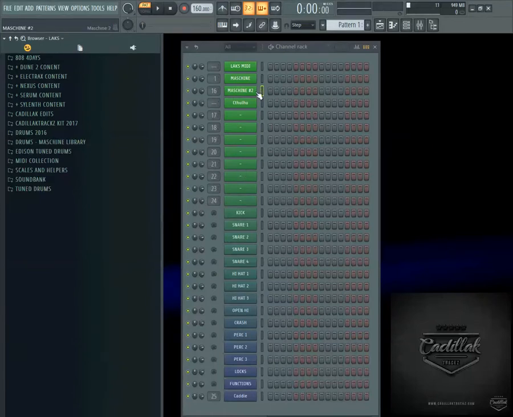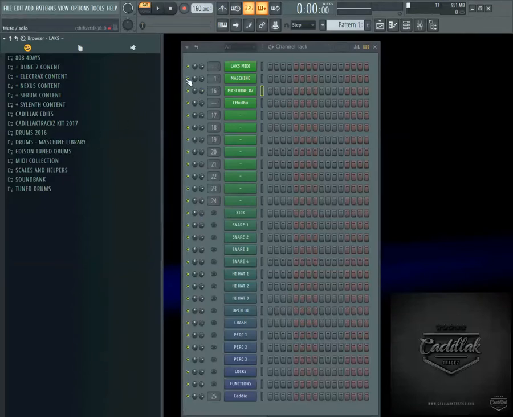And so what I did was I went ahead and I want to do something different. I want to use Maschine to make the beat, because y'all see me using Fruity Loops. Y'all probably thinking, well, I'm not really using Maschine, but we are using Maschine and Fruity Loops. So